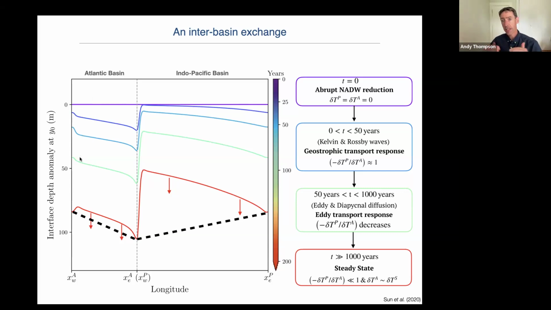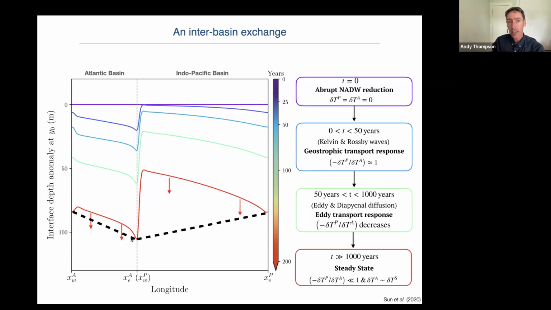So following a perturbation in the AMOC, what you see is generally a gradual deepening in the interface depth in both basins, both in the Atlantic Basin and the Indo-Pacific Basin. You also see a lot of structure in this displacement of the interface in this case. This small-scale structure is largely due to the fact that the transport between the basins and the Southern Ocean happens in boundary currents. But I'd like to draw your attention to the overall slope across the basin, which is shown by these black dashed lines.